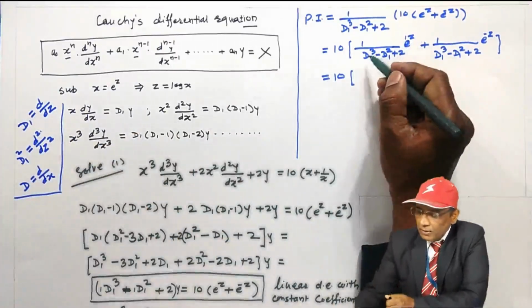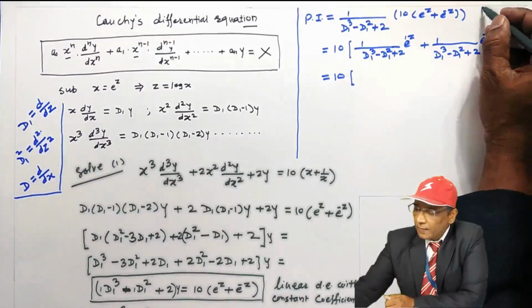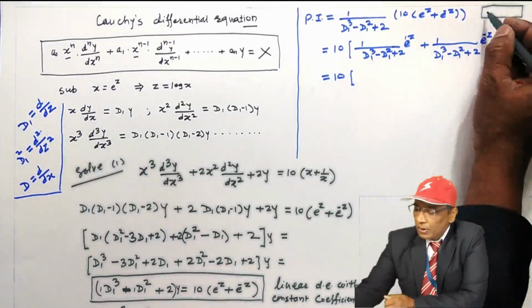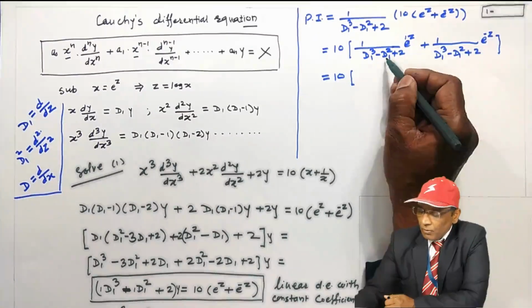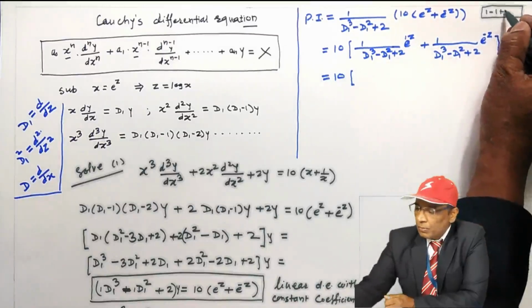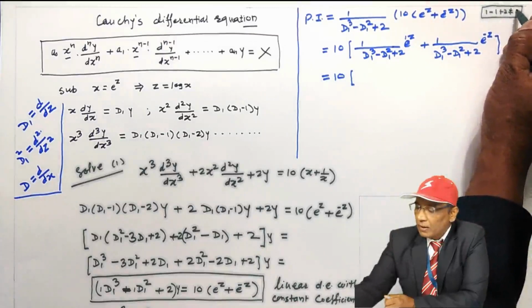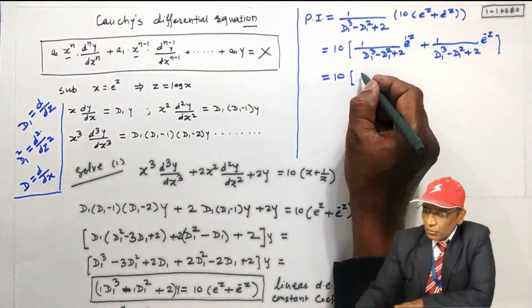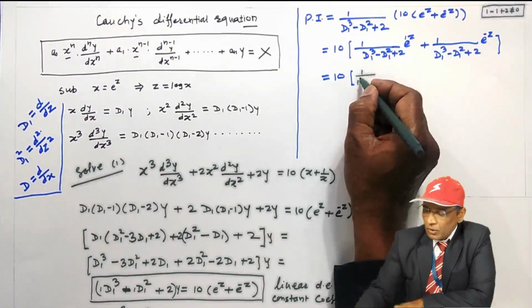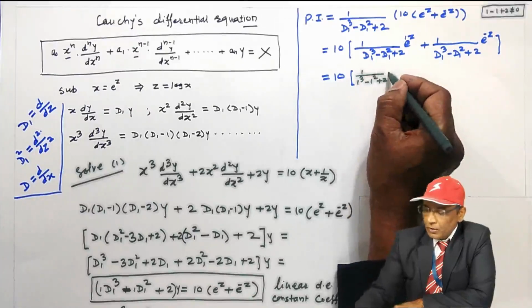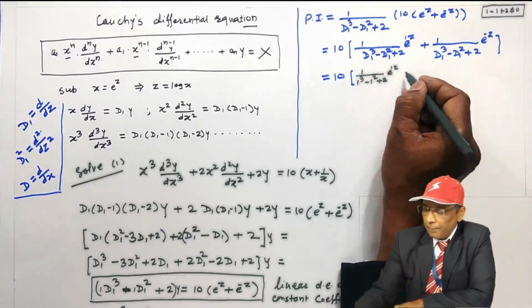Okay, if you put d1 equal to 1, what will you get? 1 cube is 1 minus 1 square is 1 plus 2. Means we are not getting 0 here. Okay, the value is 2. Operate the operator directly. So what I am going to do? Put d1 equal to 1 in d1 cube minus d1 square plus 2 on e to the power 1z, or z.